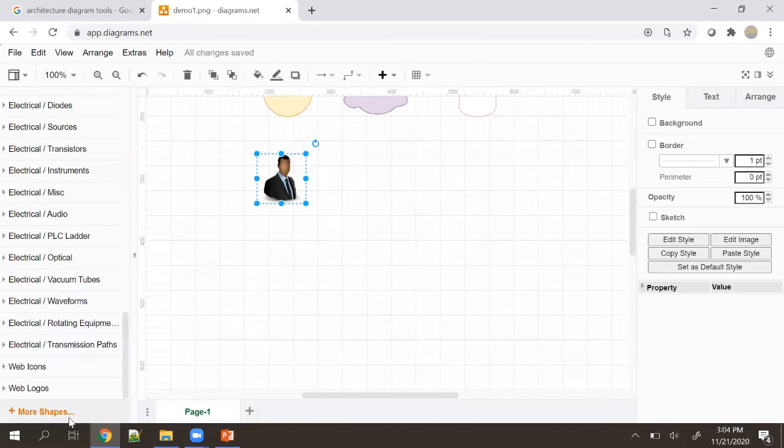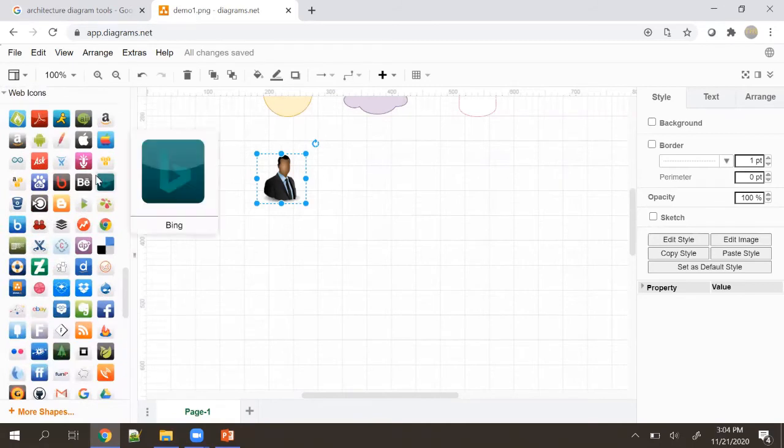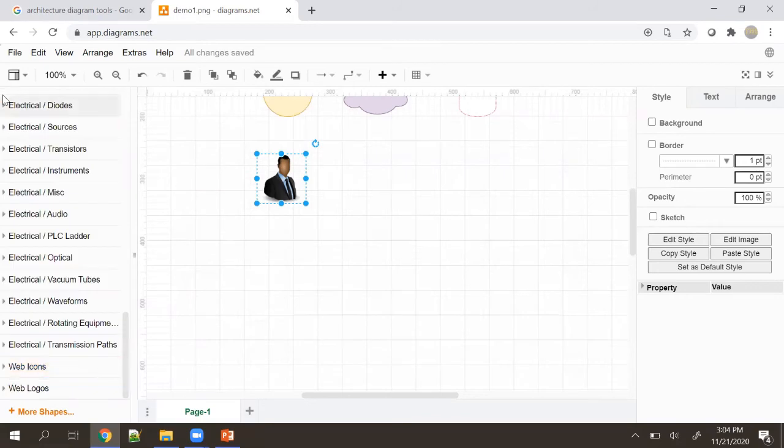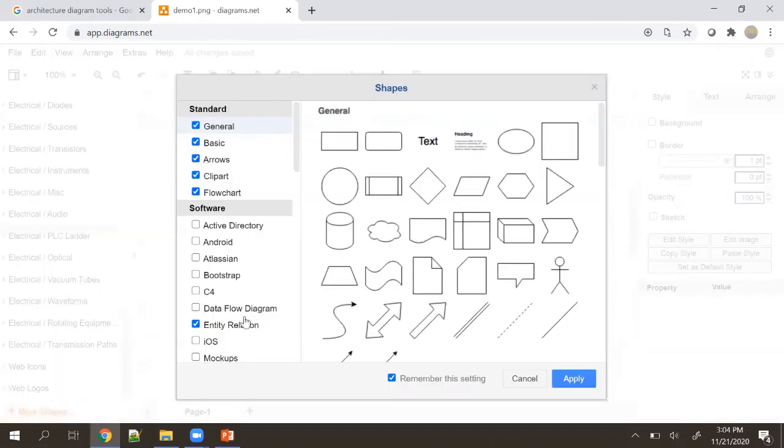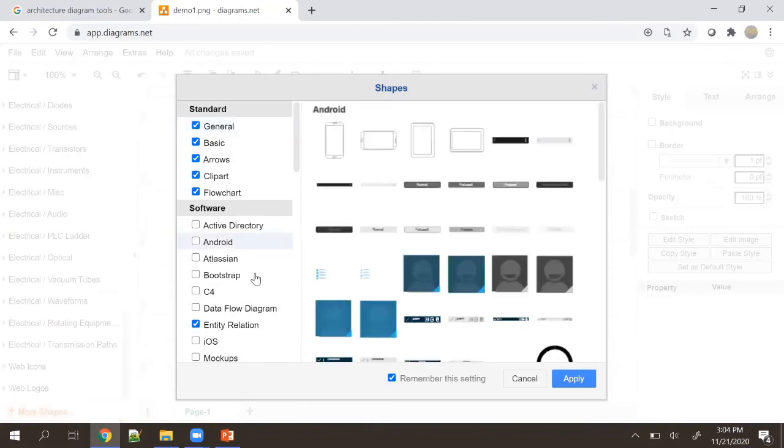And if you need more, you can actually, okay, before we go there, web icons is a great one to showcase, let's say, Facebook, WhatsApp, Messenger, and so on. So these are web icons. In case you need more, click on more shapes. You can search for the ones which you want. Click on Android, let's say, click on the checkbox, click on apply,